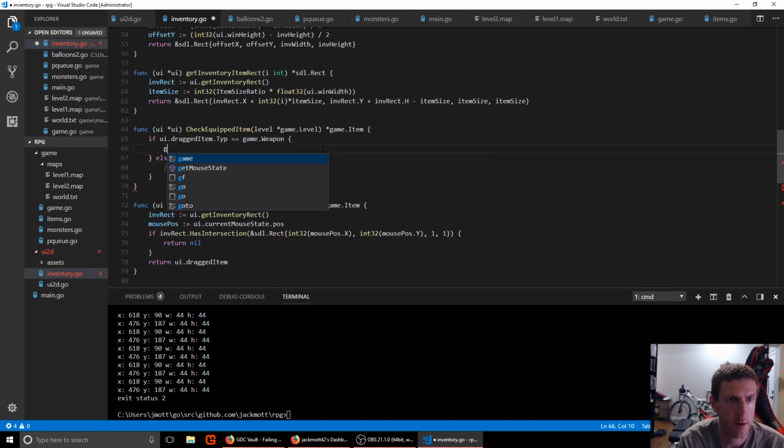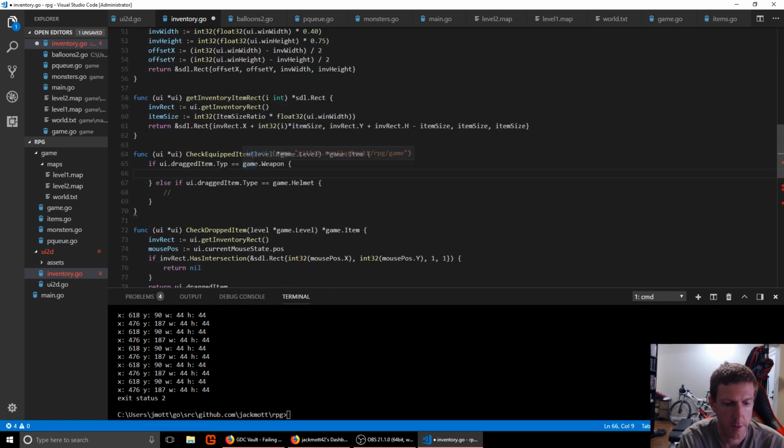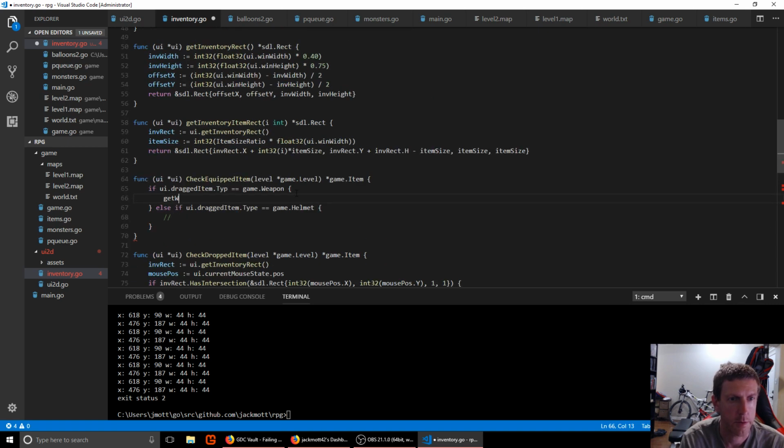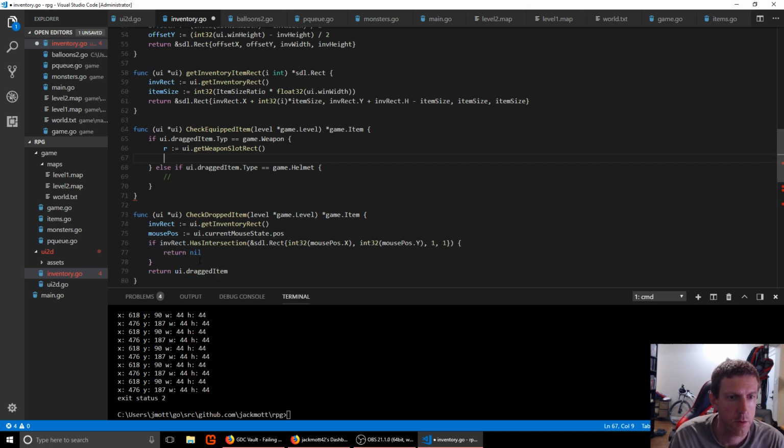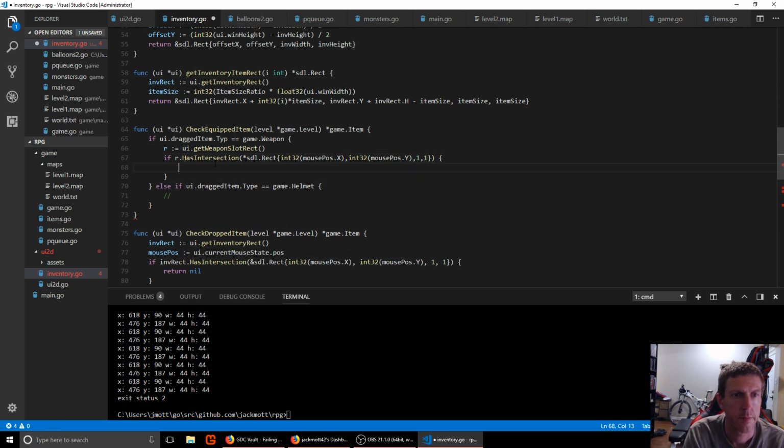All right, so in this case, we want to get our weapon slot. So get weapon slot rectangle. And we want to see if we are intersecting, just like we do here. So if R has intersection with the mouse, then we'll want to, I guess we'll go ahead and take the,